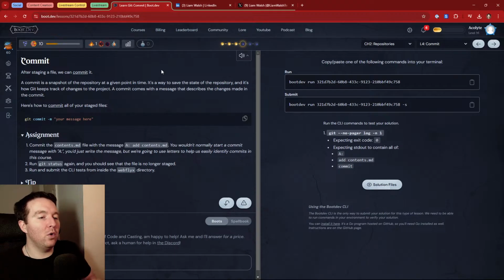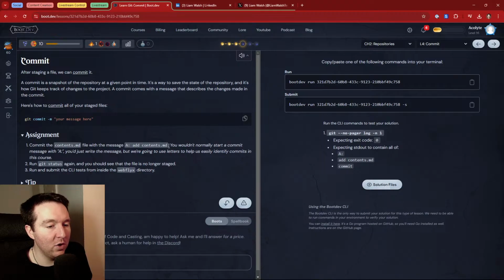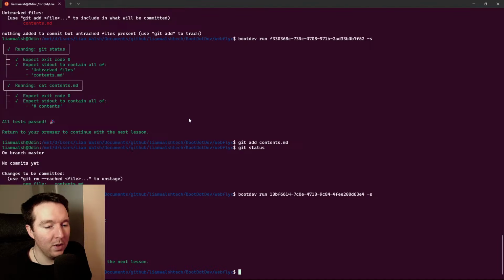Here's how to commit all your staged files. So commit the contents with a message: add contents.md. You wouldn't normally start a commit with a colon. You just write the message, but we're going to use the letters to help us easily identify commits in this course. Run git status again. So, whoops.